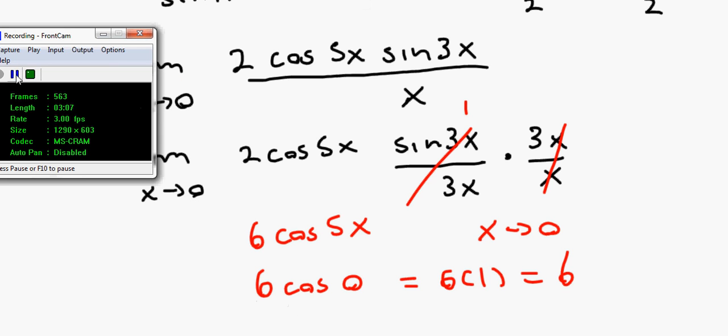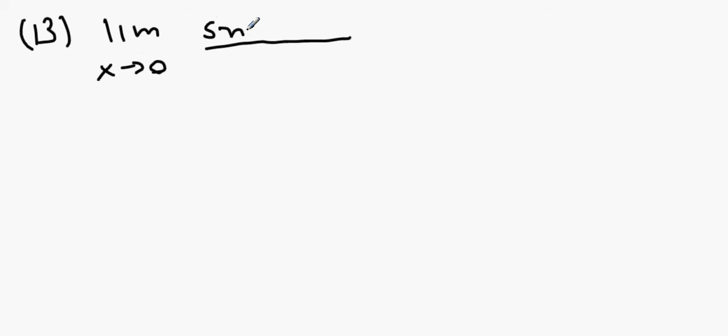Okay, so this is question 13, and 13 reads, the limit as x approaches 0. This means all x's turn to 0 at the end of the question, and then it's going to be sine 4x plus sine 2x, all over x. First thing you're going to notice here is that the rule we're generally looking for is